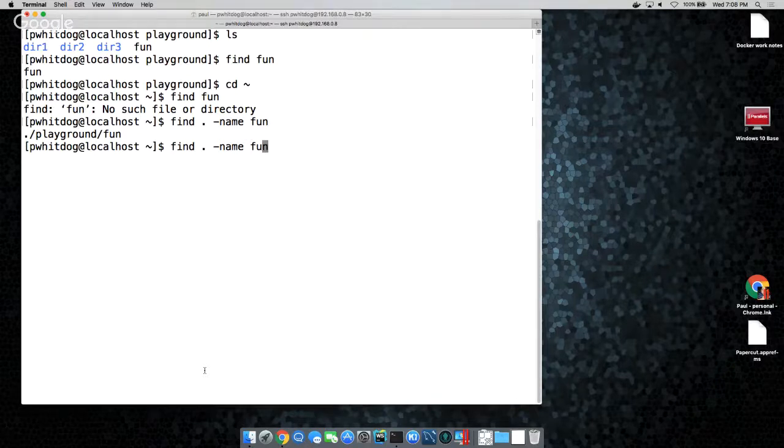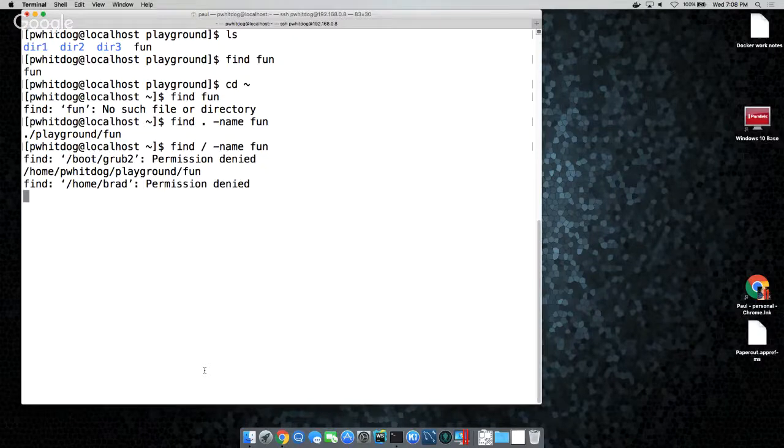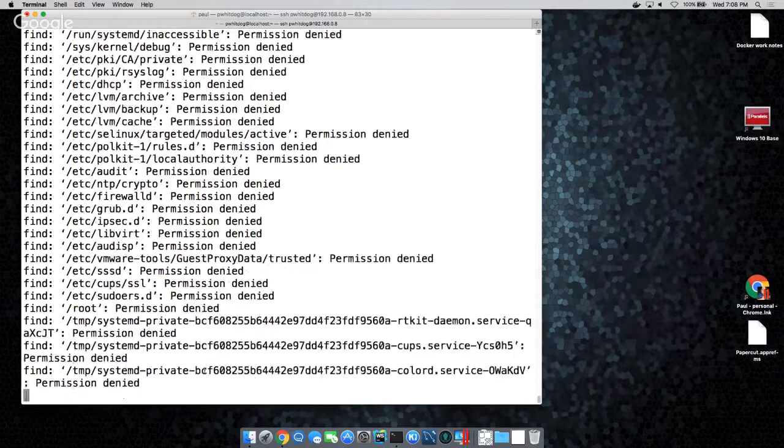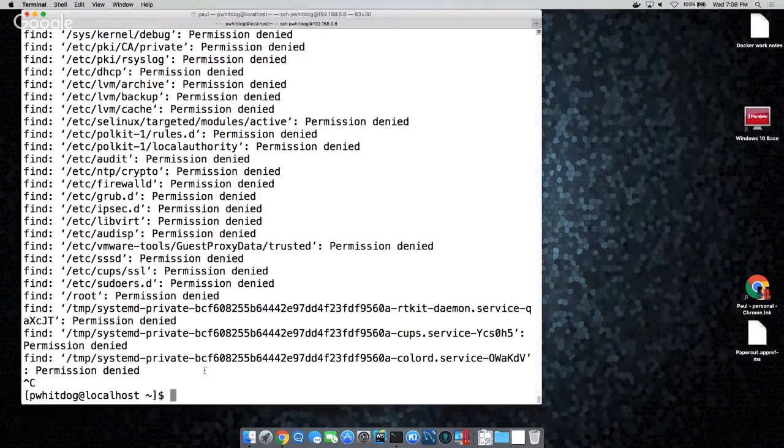Now, if your file system's gigantic, it can take a while. And now it's just yelling because it's trying to go into directories recursively, down the whole tree. He's denied permission to read these directories all over. So it started at the root of the whole system and recursively went down every directory tree. When it hit folders that it wasn't allowed to, it threw this error. And then it found it somewhere in there, but we can't even see.